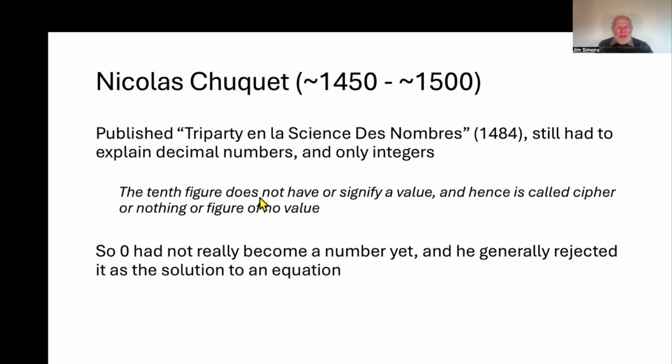And he said the 10th figure does not have or signify a value, and hence is called cipher or nothing or figure of no value. So zero still hasn't really got a number. He's still thinking of zero as just a zero digit, as just a sort of gap in the number, like the Babylonians had. He also rejected the idea of zero as a solution to the equation, although